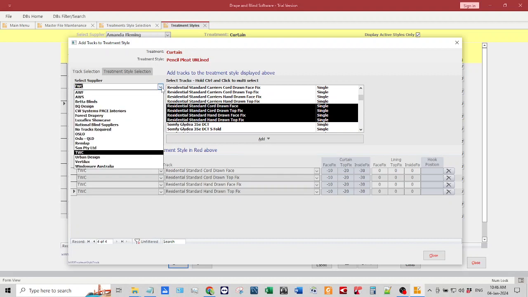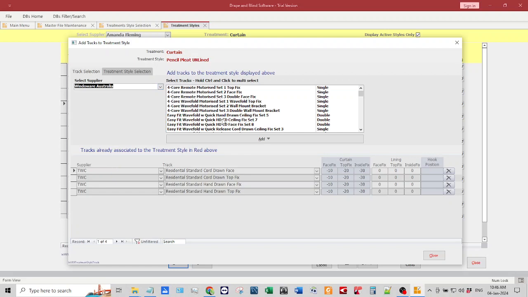And as I said earlier, you could now choose another track supplier and start associating another track supplier to the pencil pleat line, unlined, so that when it comes time to do the quote, your sales staff will have a choice of either the window wear or the TWC tracks from which they can select an appropriate track. So it's going to make sure that there's less likelihood that they're going to make an error